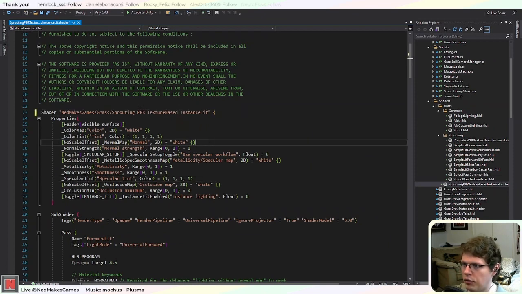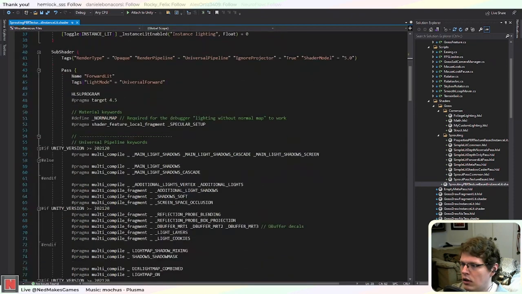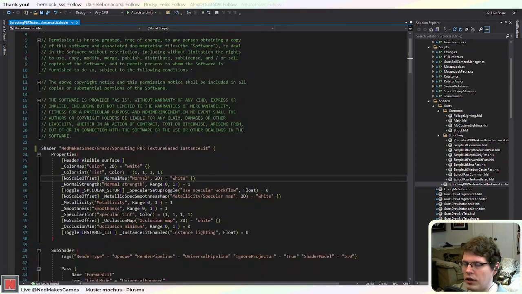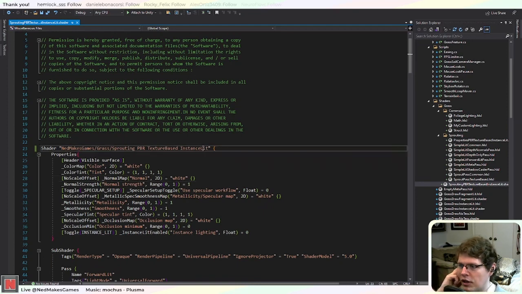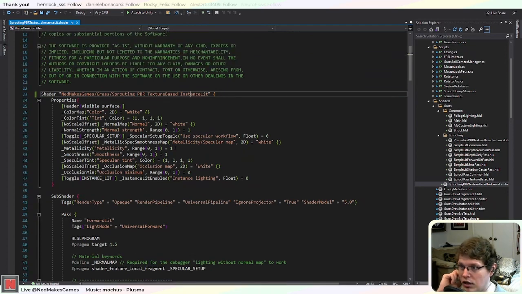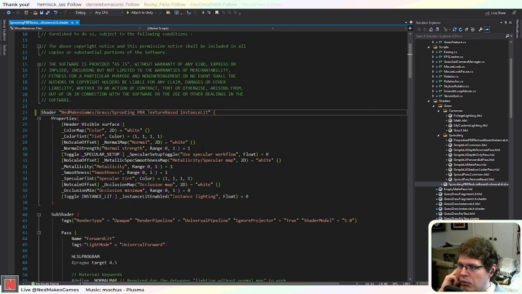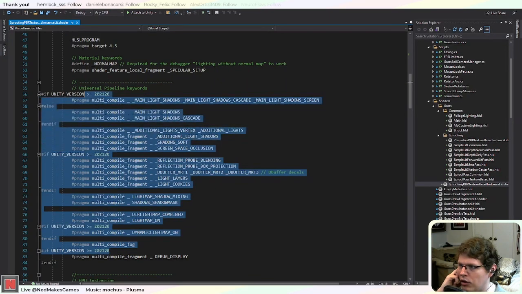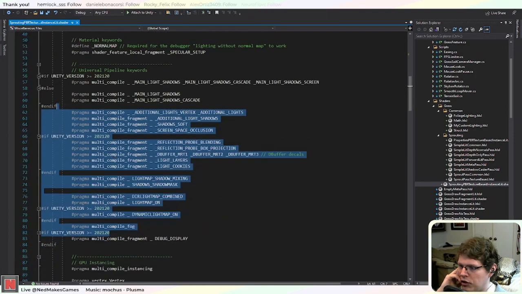I guess I can add spaces in the name. Okay, so we have... yeah, and one of the things I wanted to do when we were rewriting this was to try to combine a lot of these different permutations into a single shader, but it turns out, especially with this instance lit, I thought I could maybe just change between instance and mesh lighting depending on a keyword, but that doesn't really work very well because a lot of these multi-compiles we don't need if we're doing mesh lit, and so